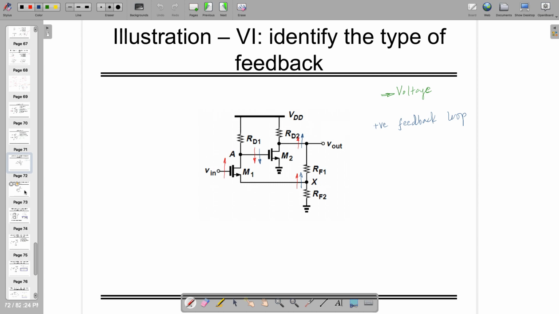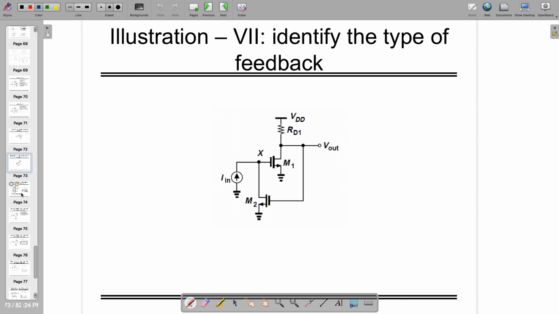Okay, so using this topology, if it is showing the same sign, you can say that it's a positive feedback, and you should stop yourself, and you need to find out the negative terminal where you can apply this input or the feedback. Now we need to apply the same theory here. So at the input side, it is very easy: the input is I in, and you are feeding it in shunt. So the input side is a current. However, at the output side, what you are measuring looks like voltage, or it might be current also.